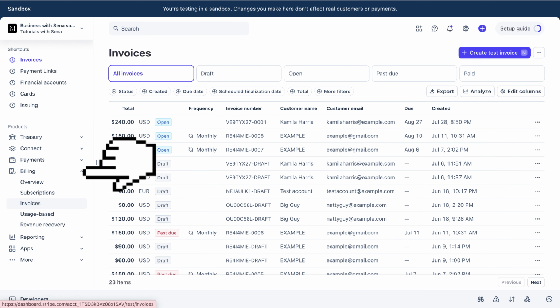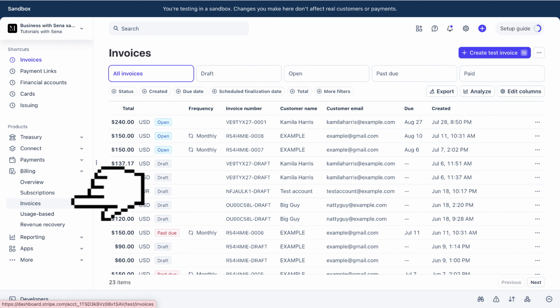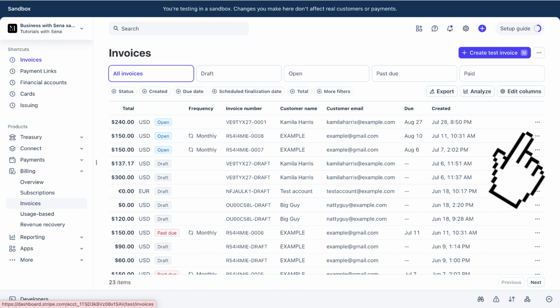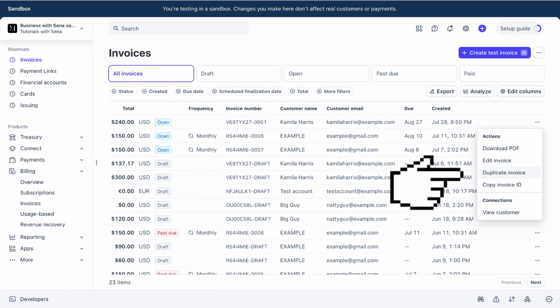on the billing option at the left side of your screen. Then tap on the invoices option below it. After that, you may find the invoice you want to resend and click on the three horizontal points at the right side of the invoice. Choose the duplicate invoice option,